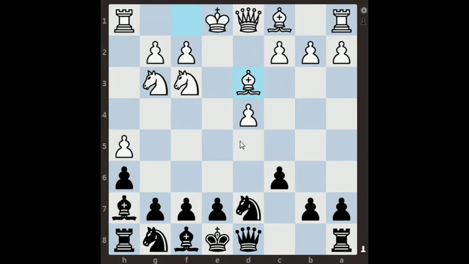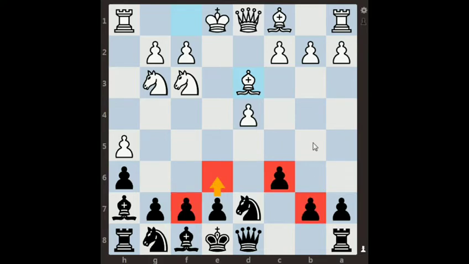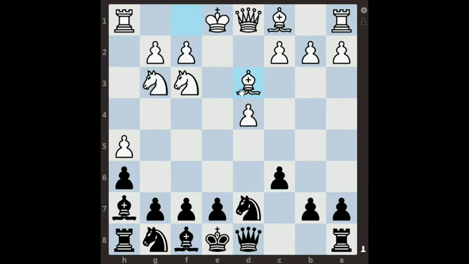So white says, let me exchange the bishop for one move. And what black thinks is, I have to play e6. That is for sure. All my pawns are going to be on white squares, so it is good for me that I am exchanging out the white light squared bishop. So black also agrees to the exchange. He plays this. Bishop takes d3, queen takes d3, and after that